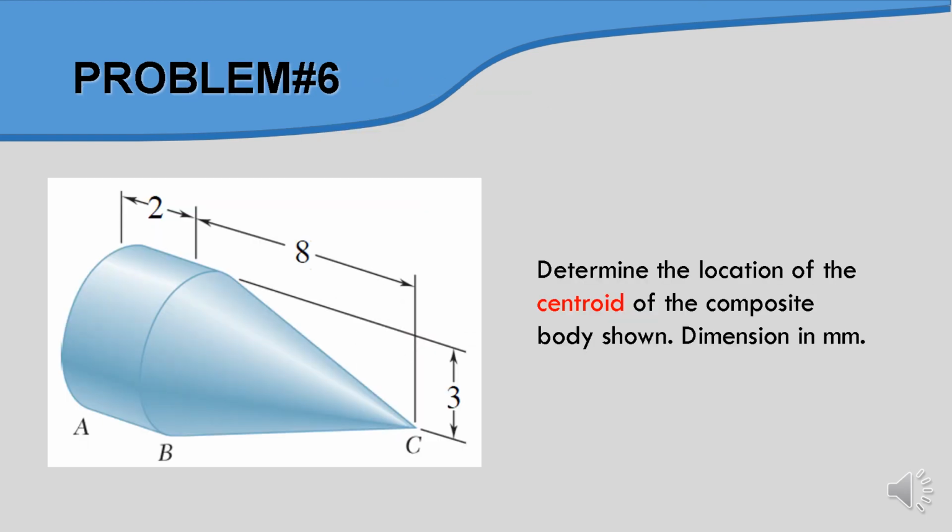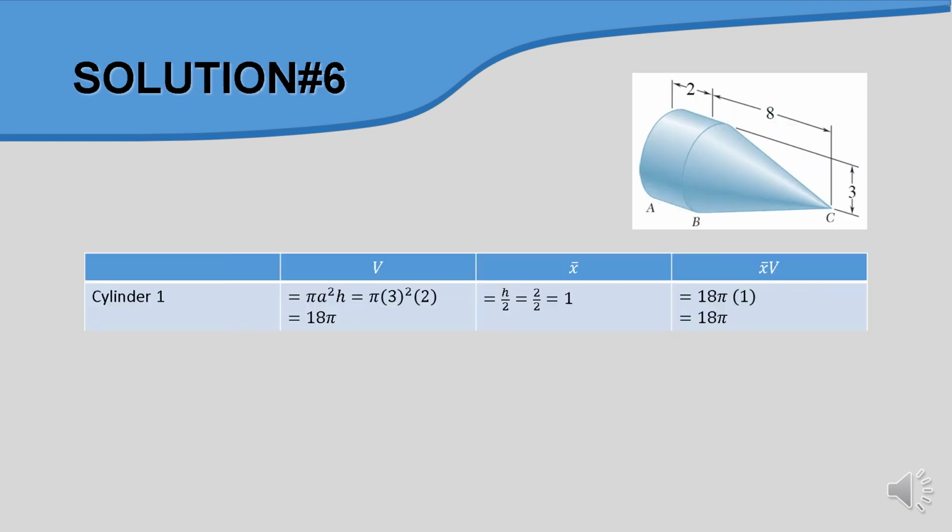So we have problem C. Let's determine the location of the centroid of the composite. We say it is a composite shape because of the combination of several shapes. Once you have the shape, it's better to divide it into several shapes for which you can use the common formulas. In this case, we have a cylinder and a cone. The cylinder is shape number 1, and the cone is shape number 2. Getting the volume of the cylinder is very easy, just apply the formula, and also for the cone.